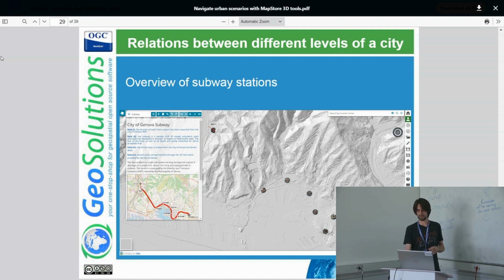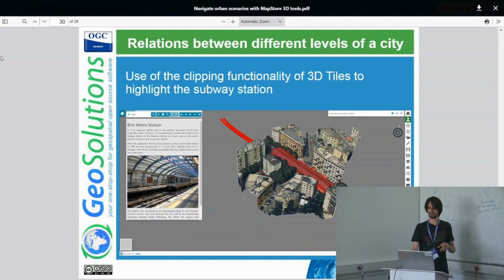To do this, in this first image, we use a WMS layer with the hill shade provided by GeoServer to visualize the relief of Genova, and then these circles are all the stations that currently exist in the city. The interesting part here was to use the representation and also the animation in between the stations, so it could be seen